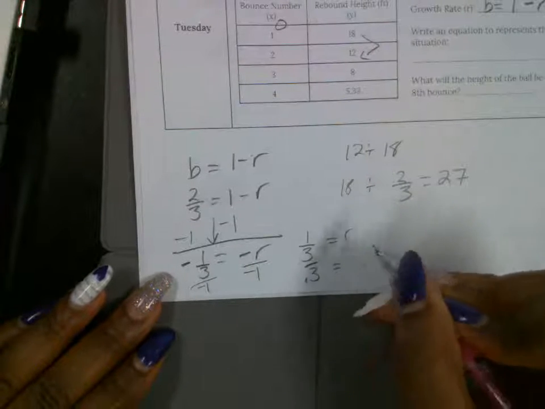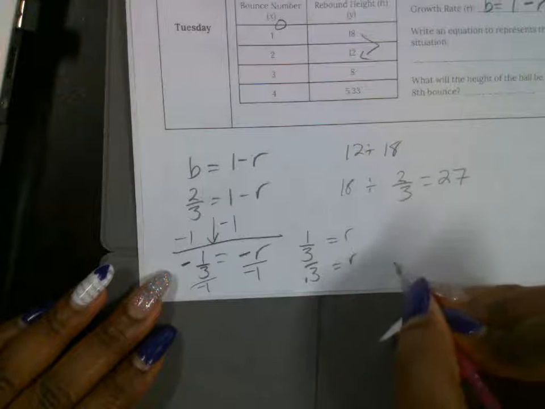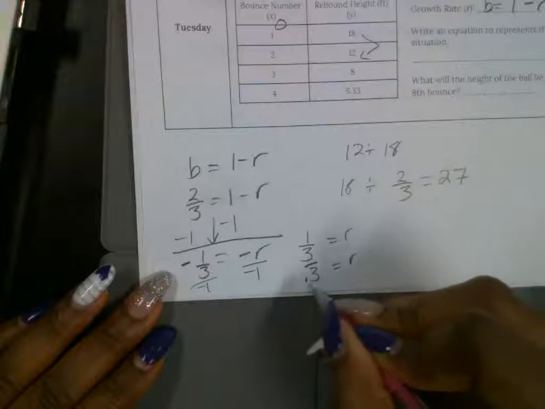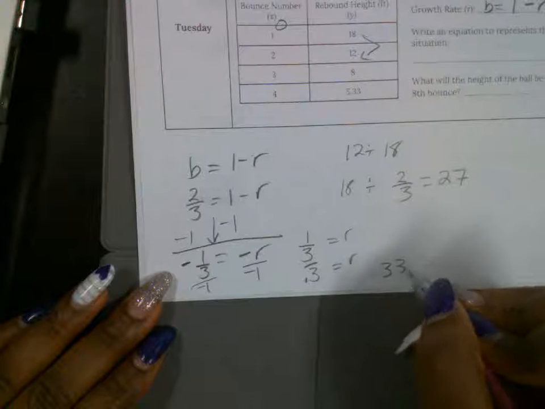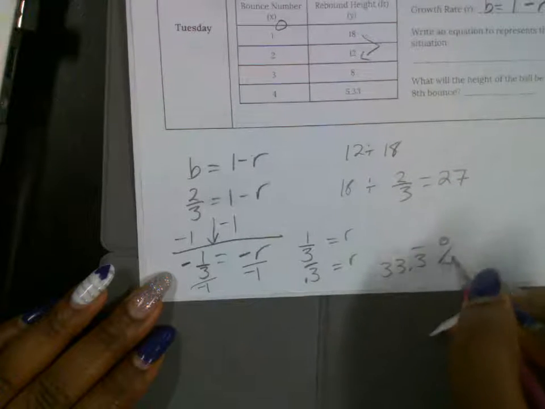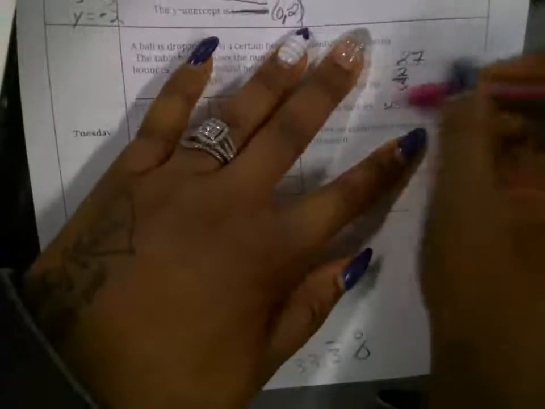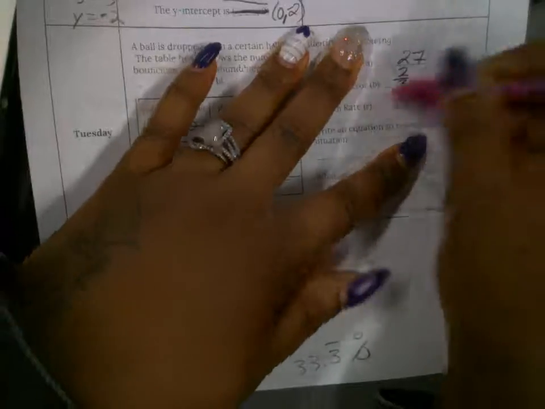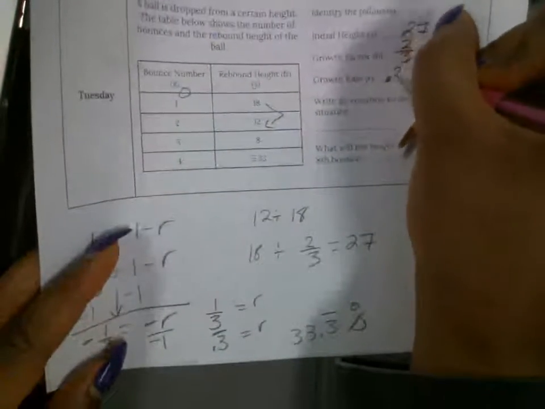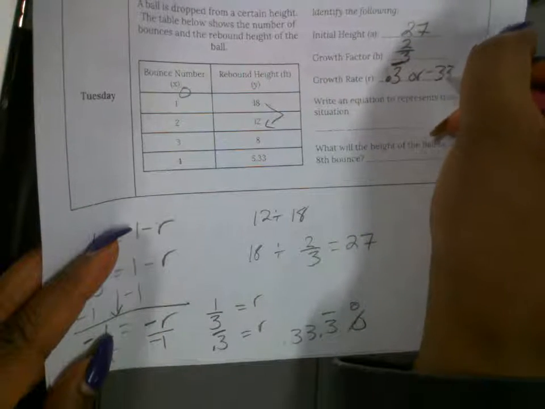0.3 repeating. So if I want to write this as a percent, I move the decimal over 2 times. This is 33.3 repeating percent. So that's the rate here. Sorry, I put the formula. Let's put the real numbers. It's 0.33 repeating, or if you write it as a percent,